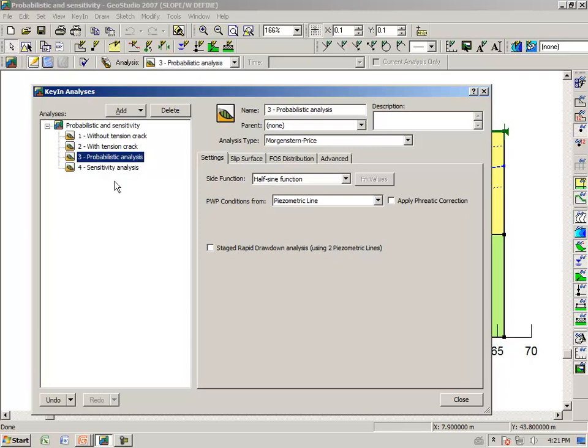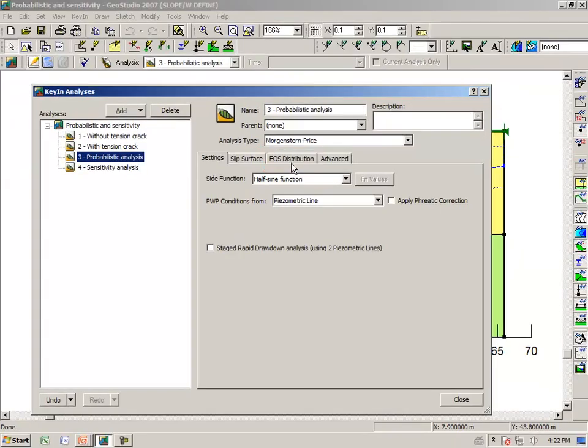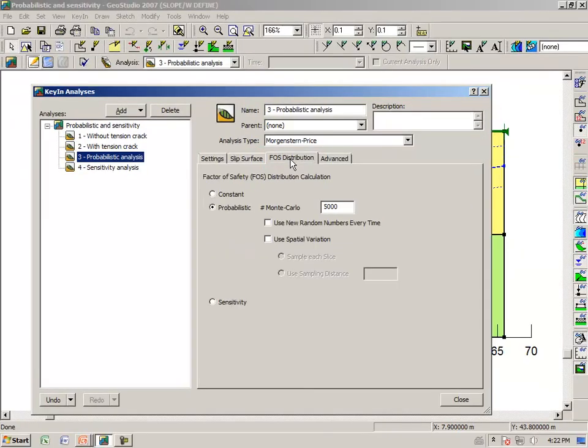When we look at analysis number 3, we have a tab here, Factor of Safety Distribution. When we click on this tab,